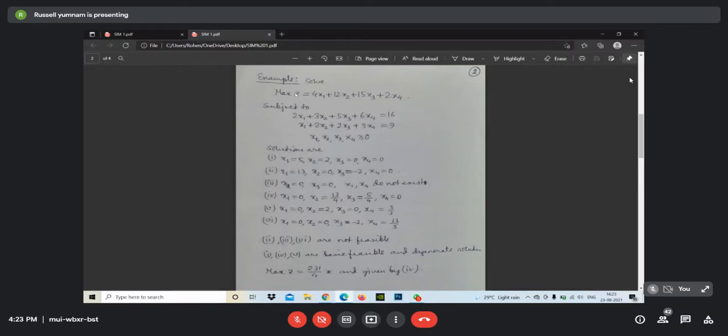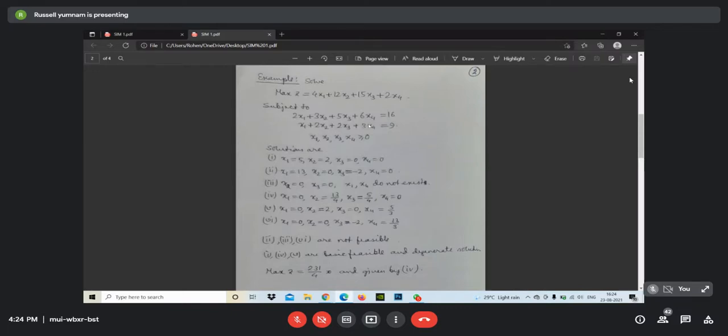In order to get the maximum z, we have to know the values of x1, x2, x3, x4. These values are to be solved from here. And it is also given that x1, x2, x3, x4 are all positive. Then the question comes, how is it possible? Can you solve this? By solving these 2 equations, can you find x1, x2, x3, x4? Normally, what we know is that the number of variables should be equal to the number of equations, is it not? Yes. But here, there are only 2 equations and 4 variables. Solving is not possible.